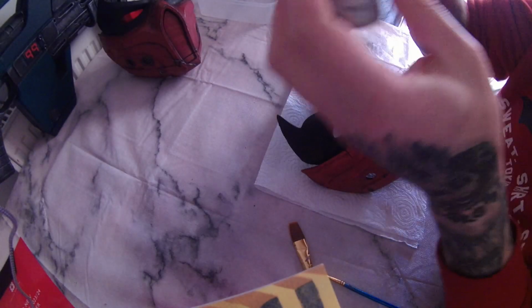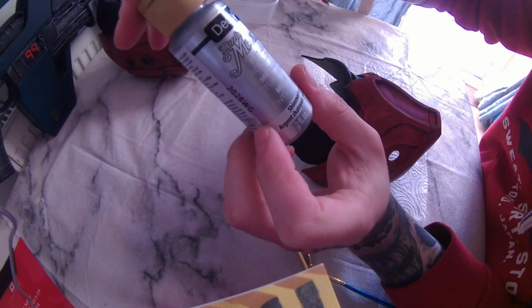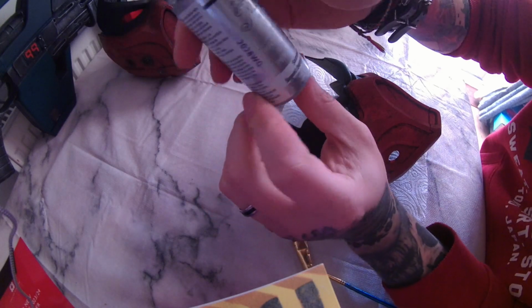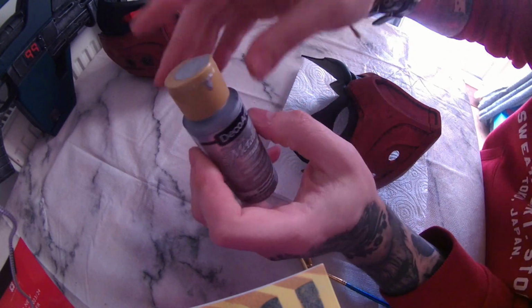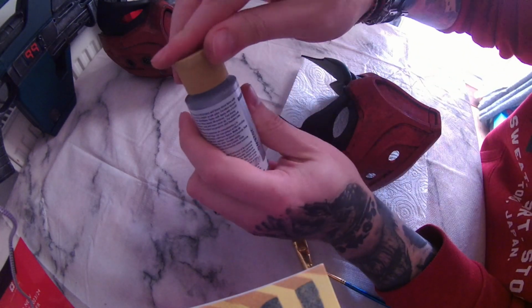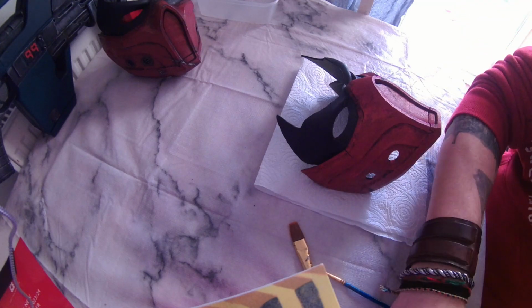So back with the silver, I got this metallic, well, it says DecoArt Dazzling Metallics. I just got this off Amazon. It was about, I don't know, like $5 or something, but I use this on everything. Okay, so just give it a shake, and I'm going to put a little bit in my tray,